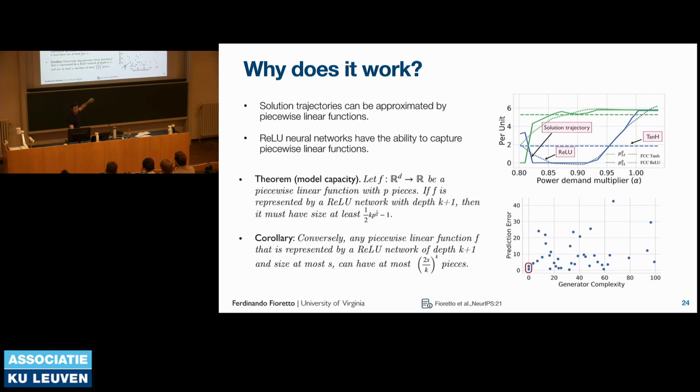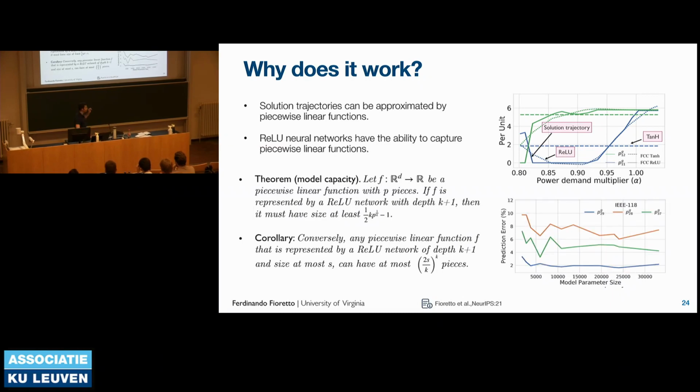Now, given this result, more capacity means that you should be better able to capture those piecewise linear functions, so we thought, okay, let's increase the model capacity so that we can reduce those errors, and let's see how much we can push those simple ReLU networks without constraints. What happens here is that we increase the model capacity by about an order of magnitude, a bit more than that. For a variety of generators and test cases, we didn't see much improvement. This was interesting, and thus called for some further inspection.